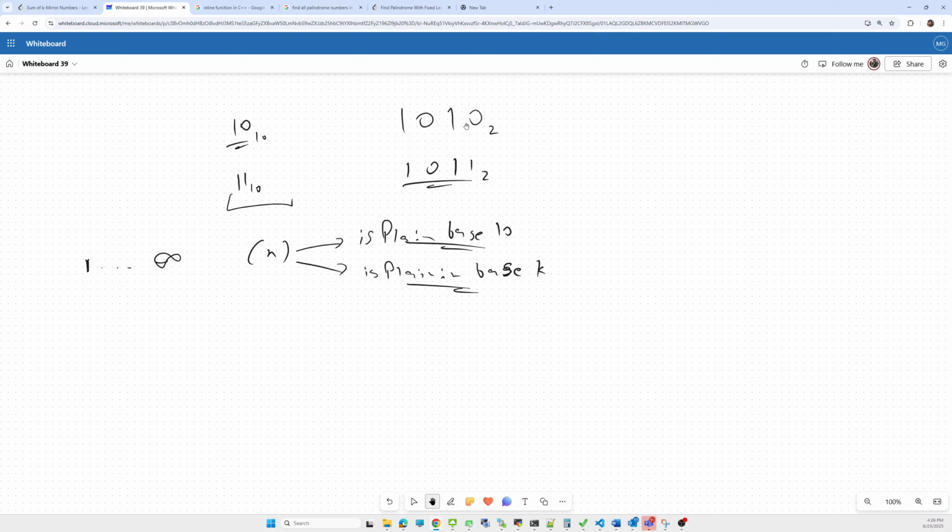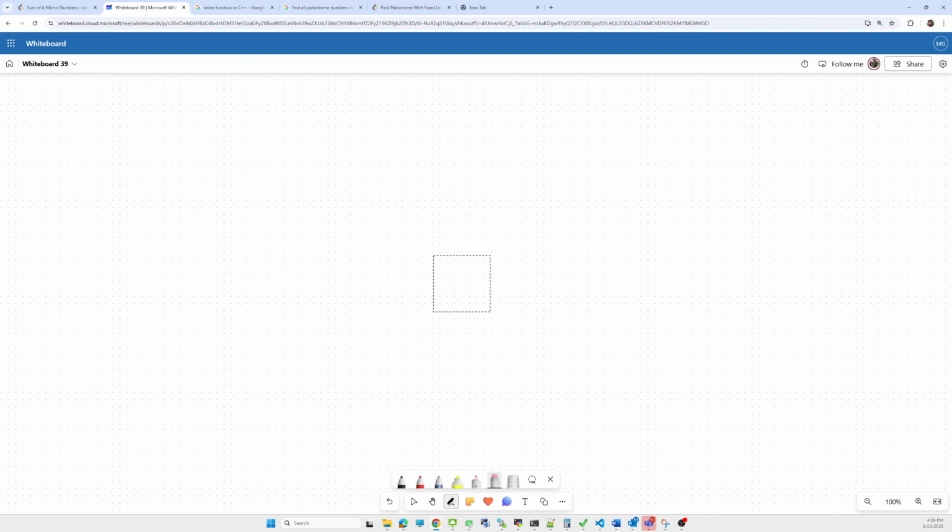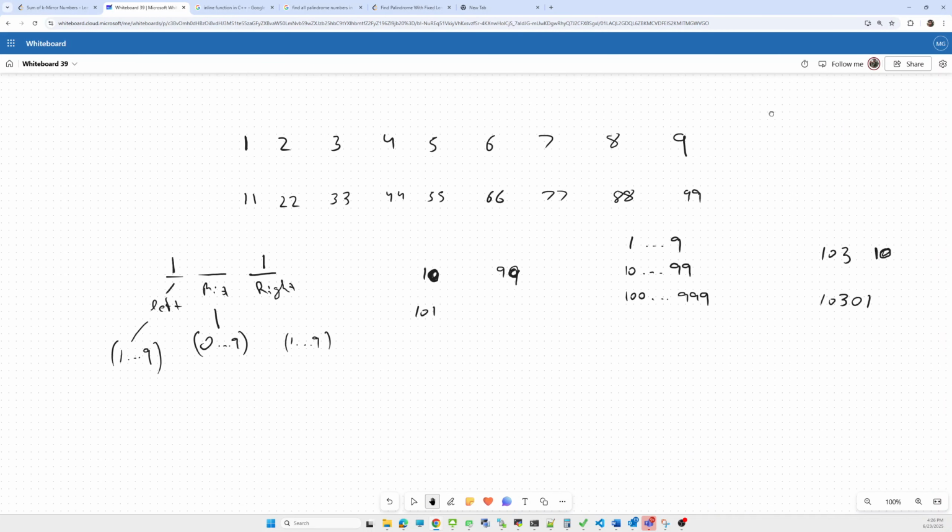So how can we find them? Can we generate all the palindrome numbers? How can we generate them? For odd size, the palindromes are 1, 2, 3 till 9.